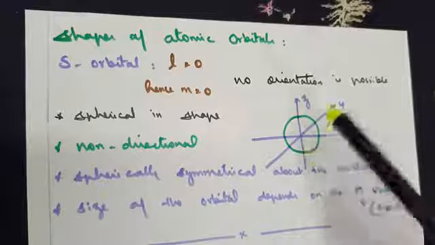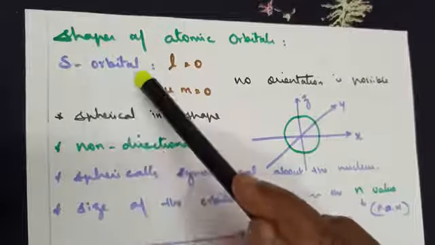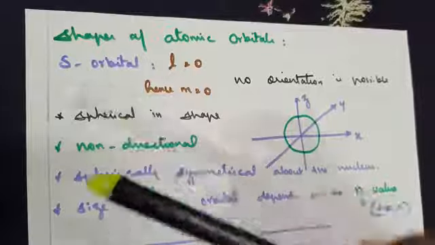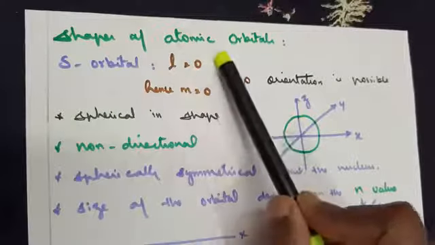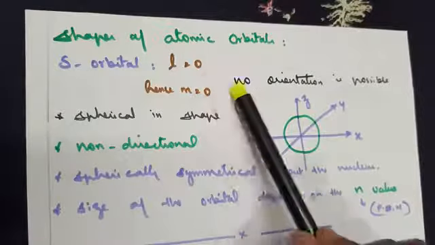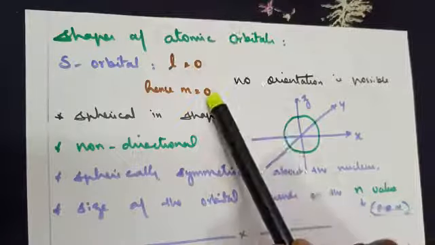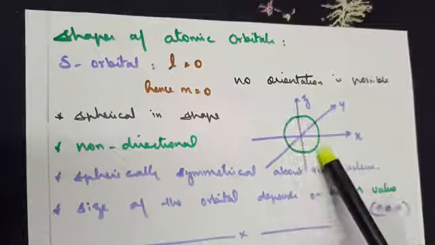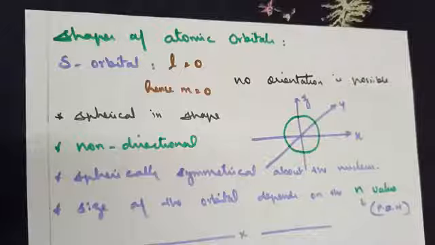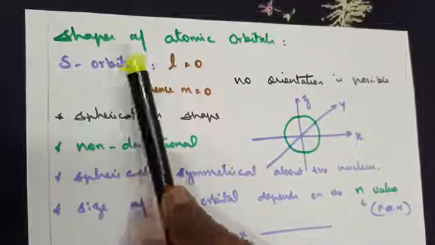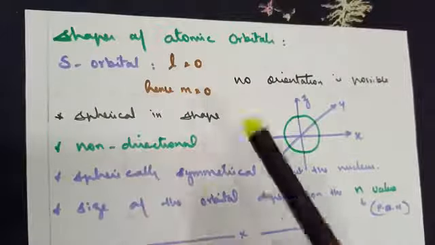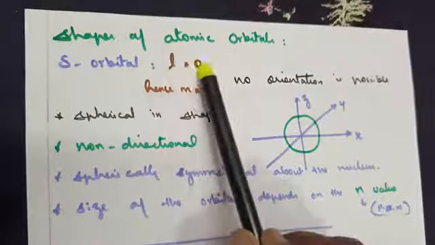So in today's class, I will just give you, for each orbital, that is s orbital, p orbital and d orbital, the azimuthal quantum number and magnetic quantum number. Based on these two, we will see how the electrons are found along a particular axis. To start with, the s orbital. You have learned it very clearly: l is equal to 0.